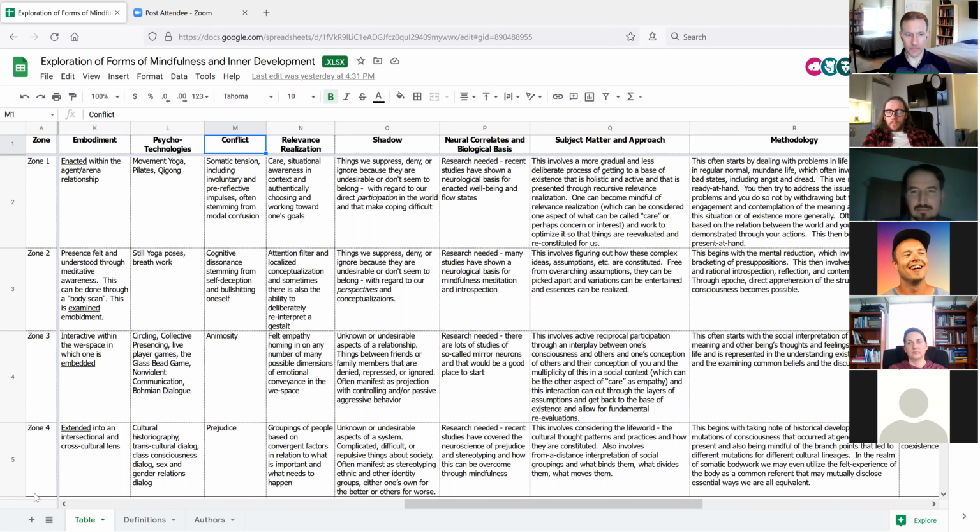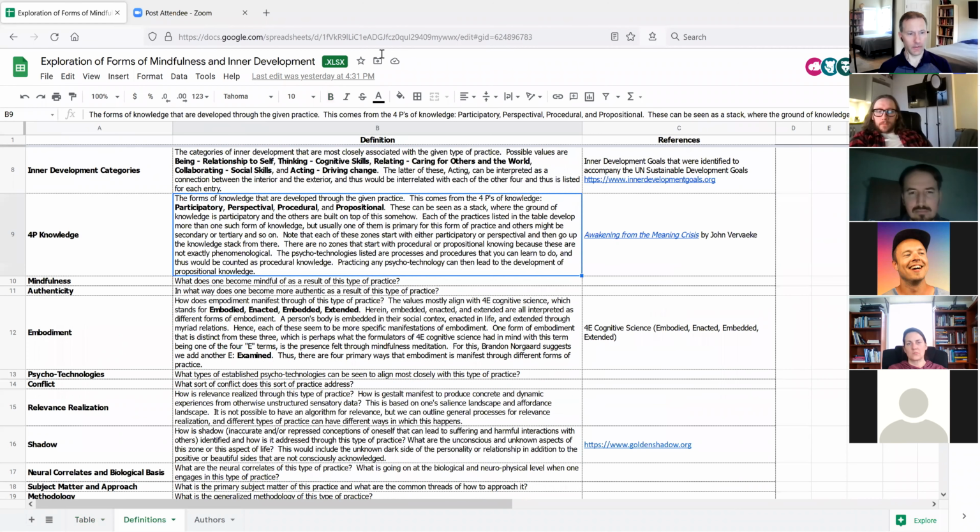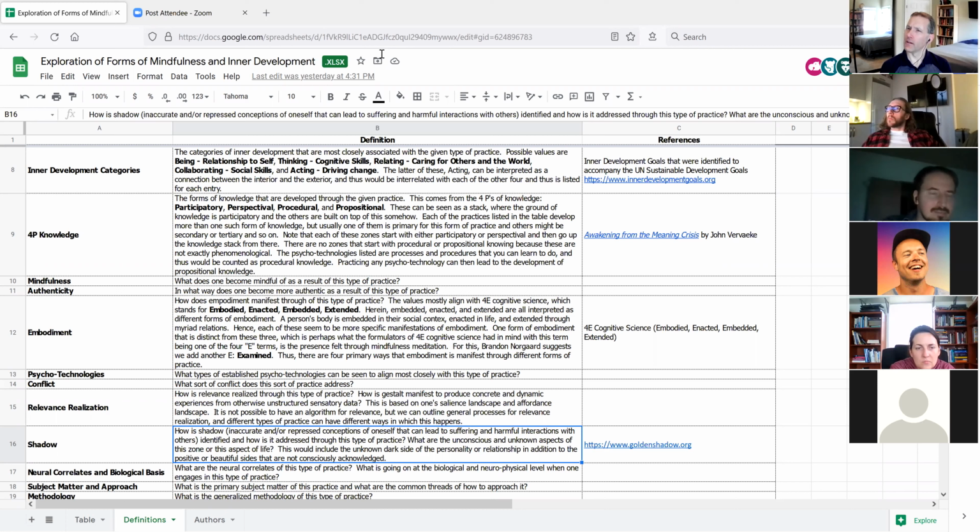I can go to the definitions tab and look at the golden shadow. Was it Aaron Rodgers and, I can't remember her name, but anyways,